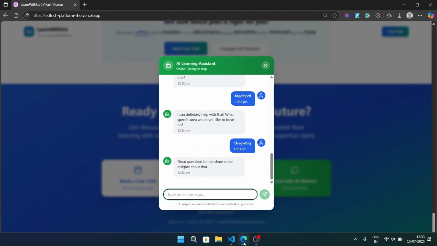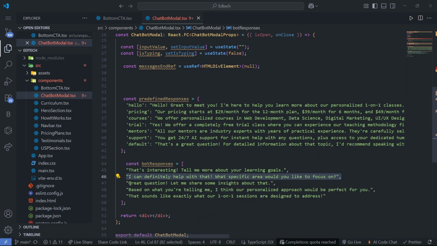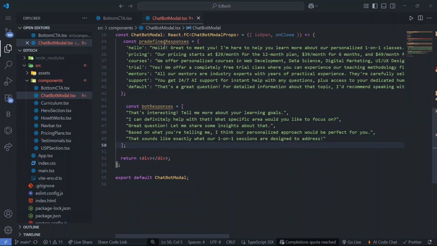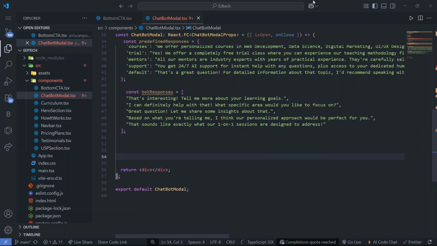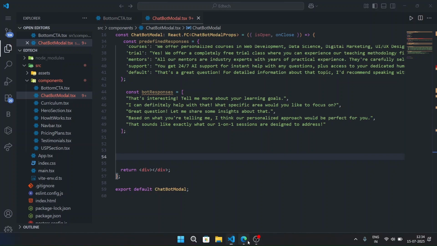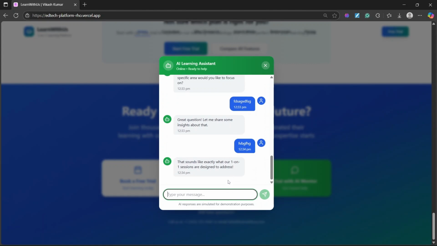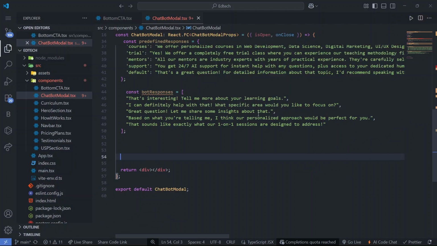Great question, let me share some. So here you can see that this response has been shown. So when it does not match this, then it will show these random responses from the bot. This is the predefined, and this is the random bot responses based on the random messages, right? Then as soon as we are messaging something, it automatically scrolls up, right? So how is it scrolling automatically? To do that, we are using